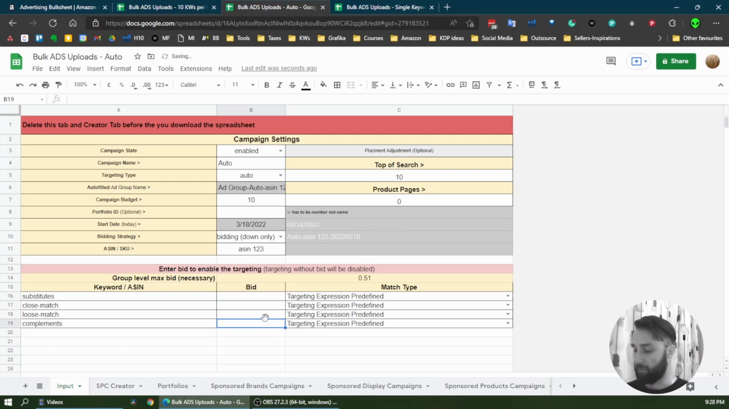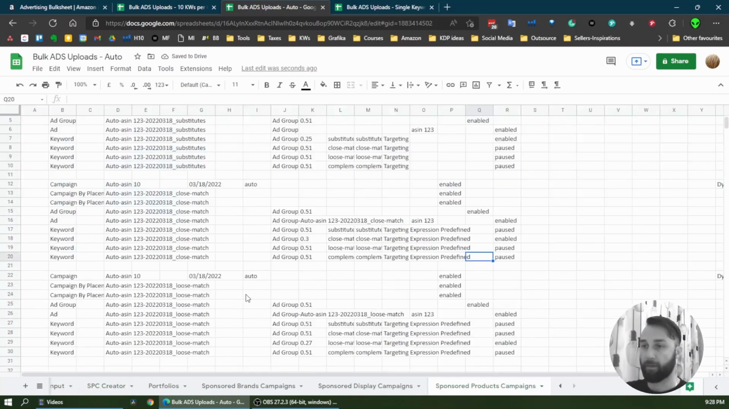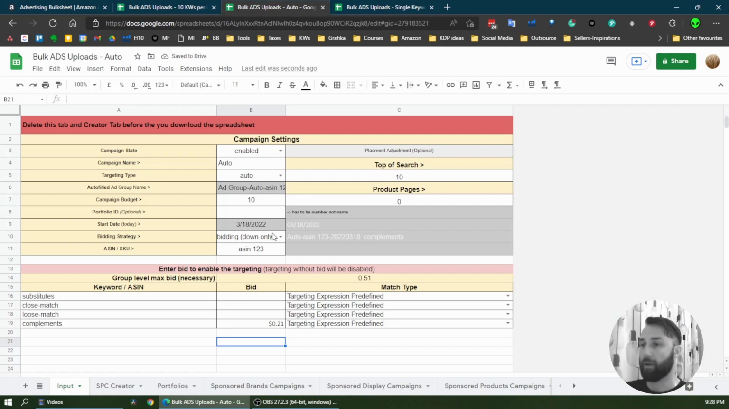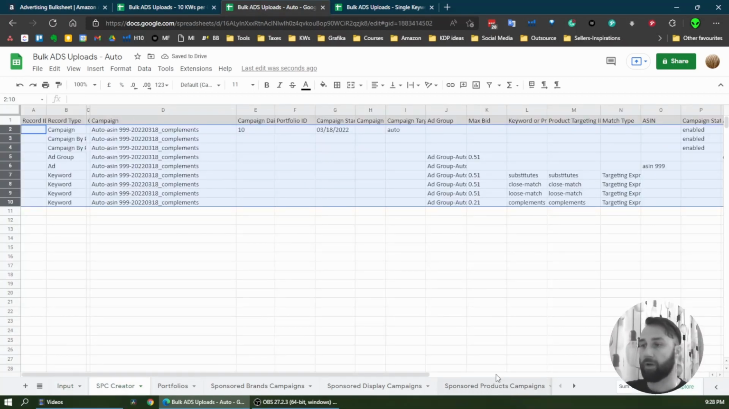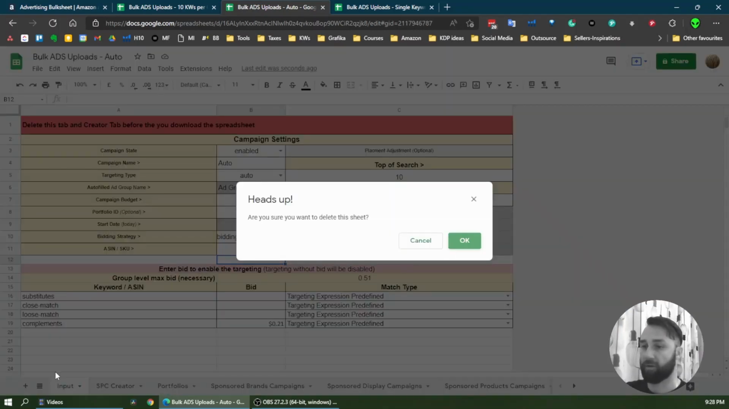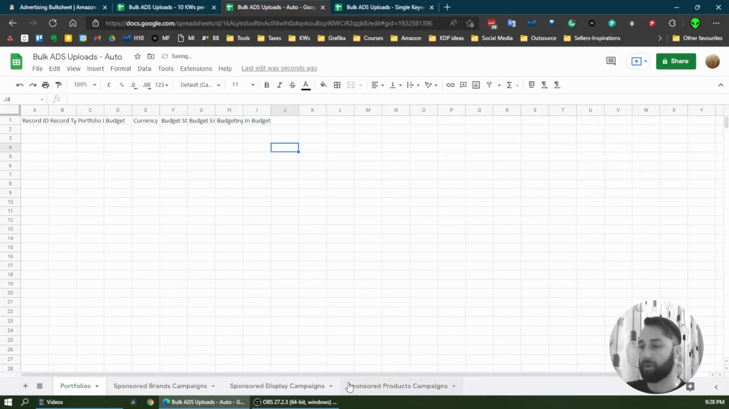And last one, let's target complements. So we will target it, let's say 21 cents. So I go to Creator tab, copy, and paste it here. And you can just change 999, different AC number, and repeat this process. So right now, if I would delete this tab, delete this tab, we are left with 4 tabs only, and